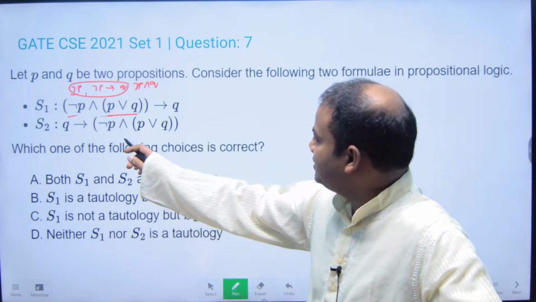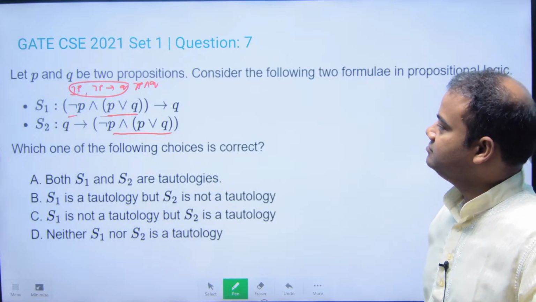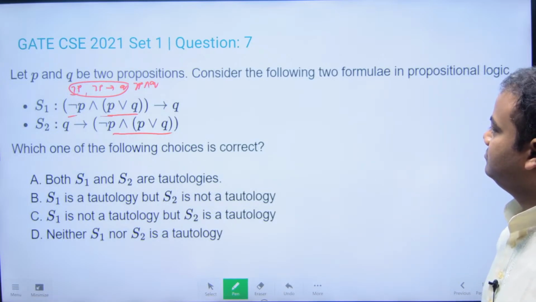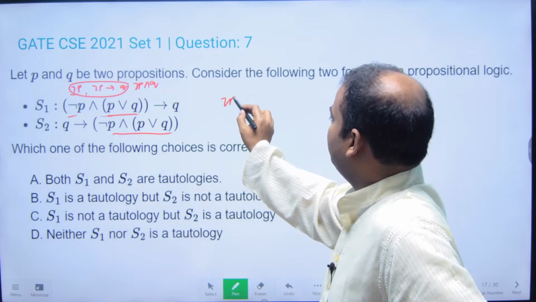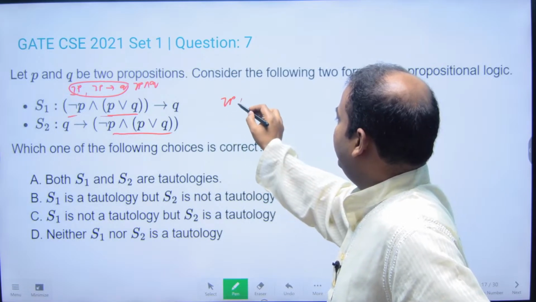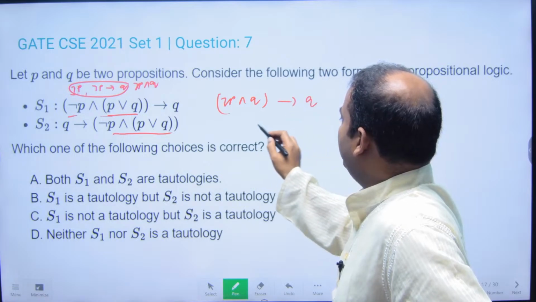Similarly, here also the same thing is there. You can think like this: not P and Q will derive Q, and here